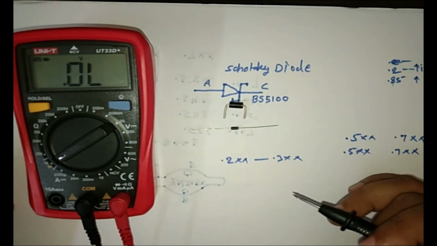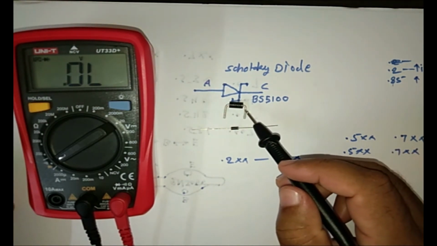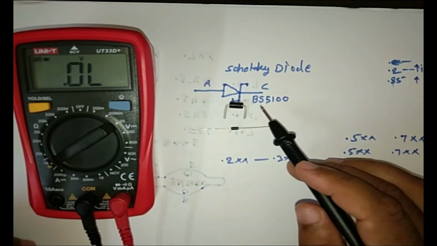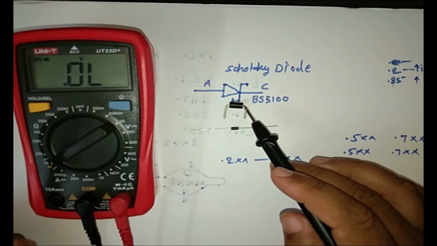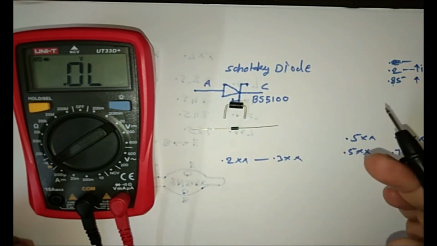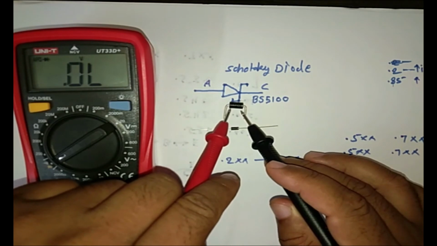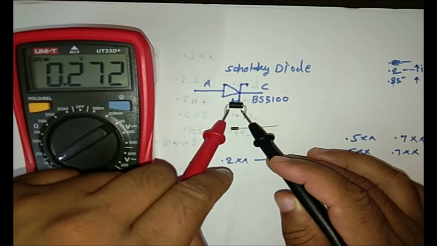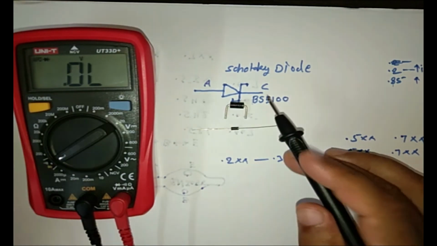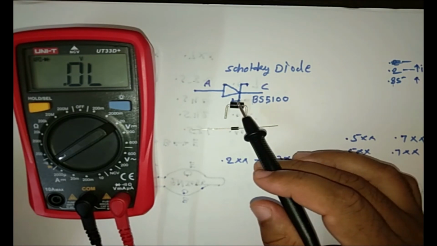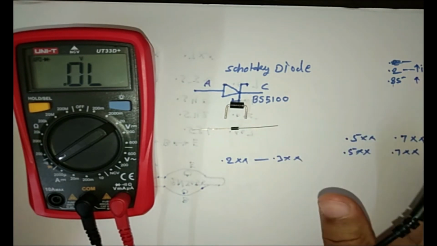So in most cases, a diode always gets shorted. It will show shorted continuity here, and in very rare cases it will be open, and in very rare cases, only 5%, 2%, it will show some value on both sides. Like this it will also show some low value, 0.015 something like this. It is a very rare condition. If a diode is damaged, it is either short or open in both terminals.